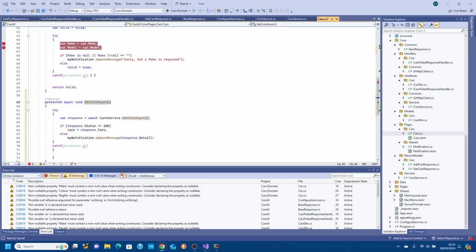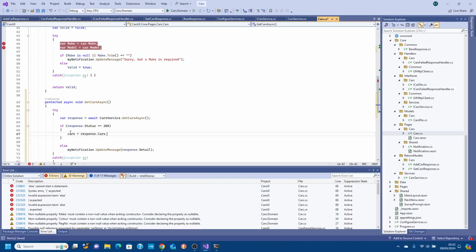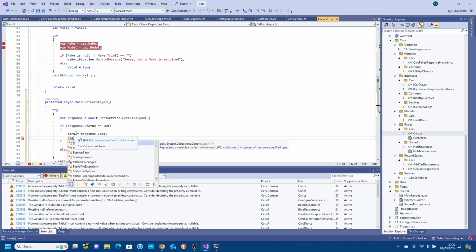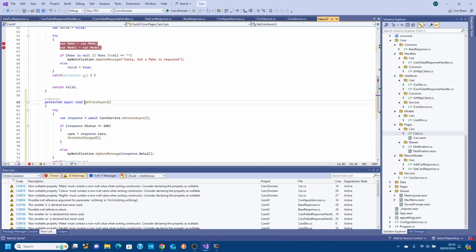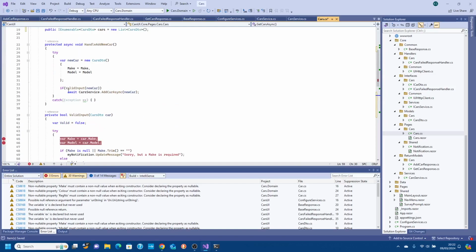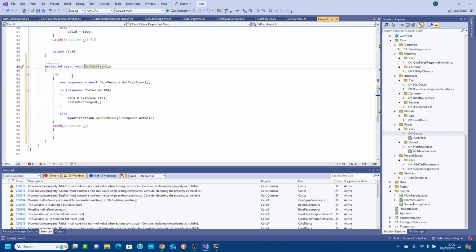Okay, so we should be getting somewhere. Let's have a look. Okay, so we've got that my notification message. And also I just forgot what we need to do in here is we need to copy that out, and every time we update something called state, that's the change function. And all we want to say here, same with this again as well. So we're just going to say what are the cars,